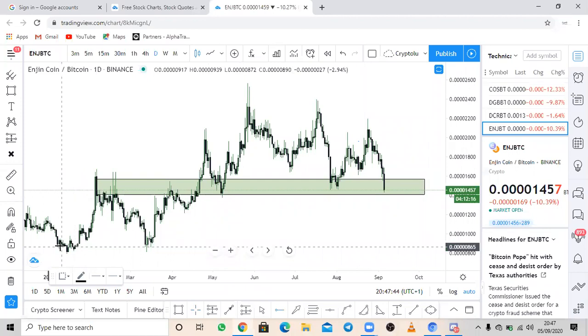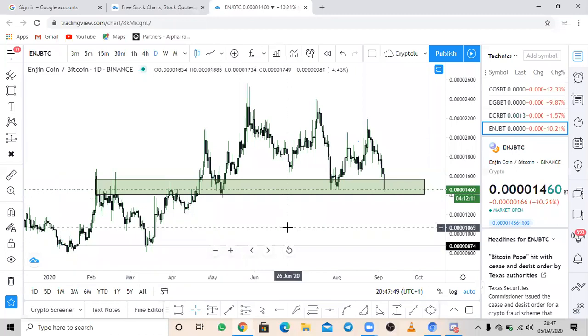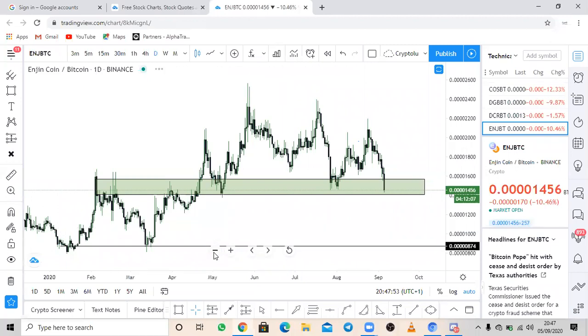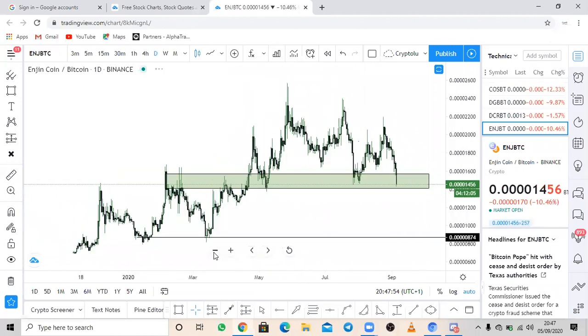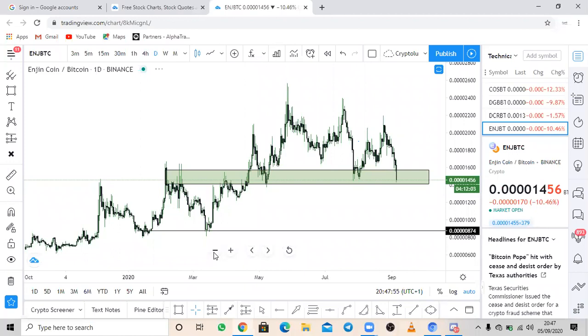Place your alerts around that level. You don't need to watch the market every minute. Just place your alert there and go to sleep. So when price gets there, you'll be notified that this coin is going to be at this price. You can check it out now. So that's a very good way to